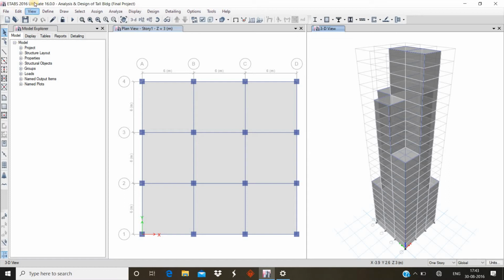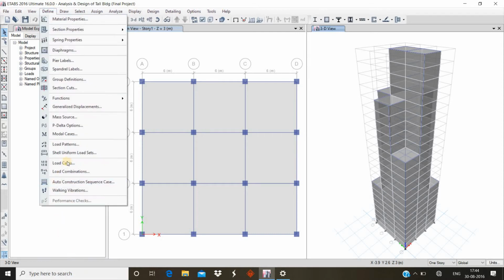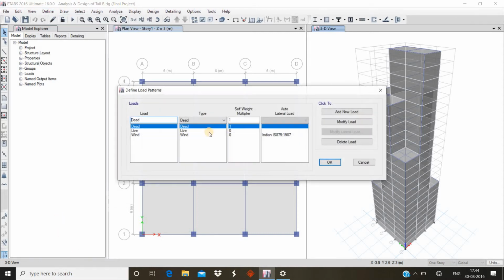I am going to tell you how the response spectrum method is applied on this model of a tall building. For this we have to go to the Define menu, then click on Load Patterns, then click on Load.